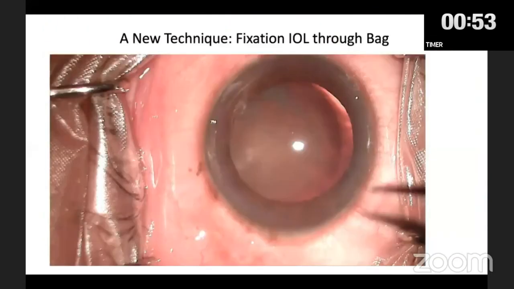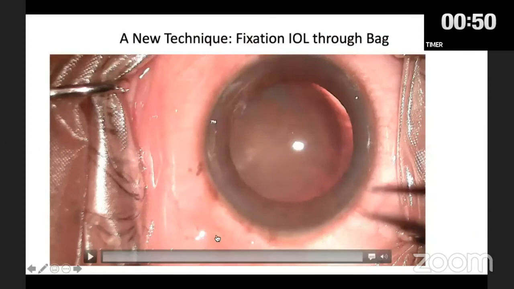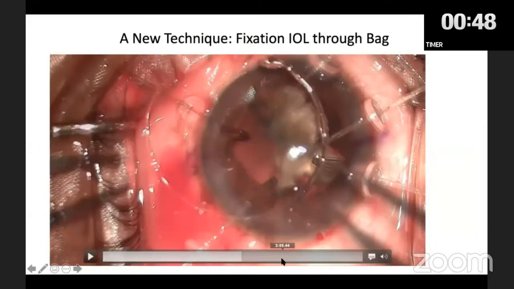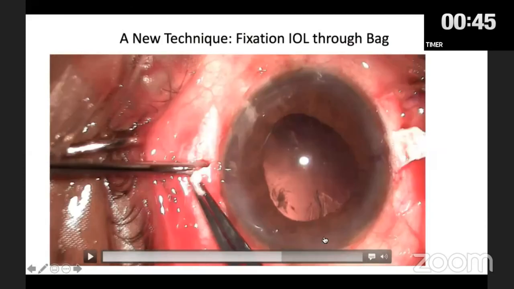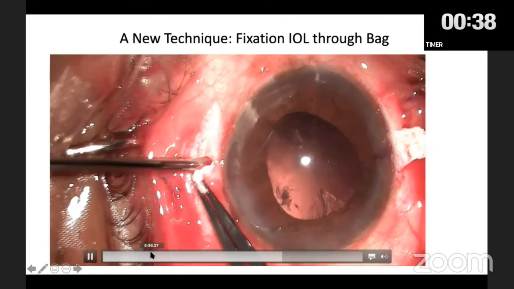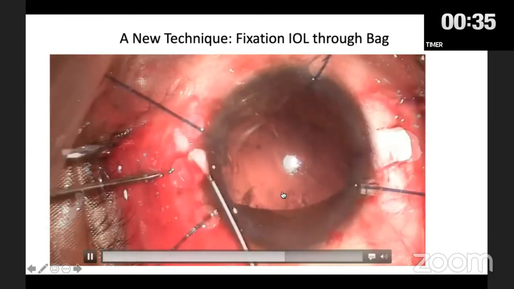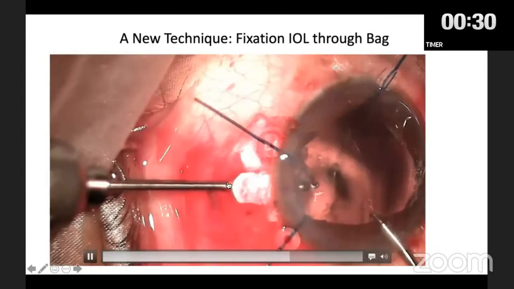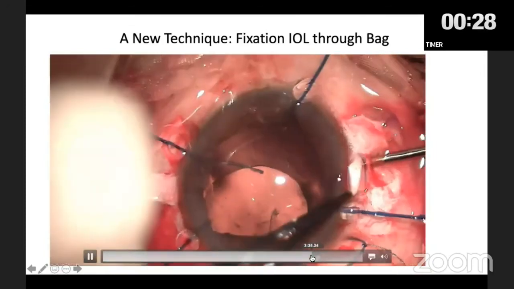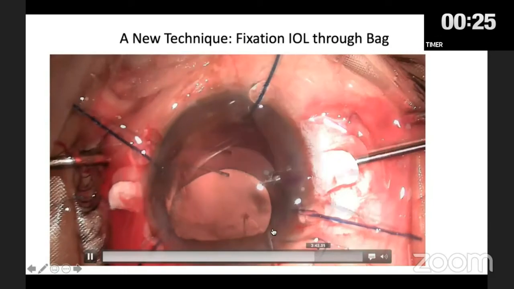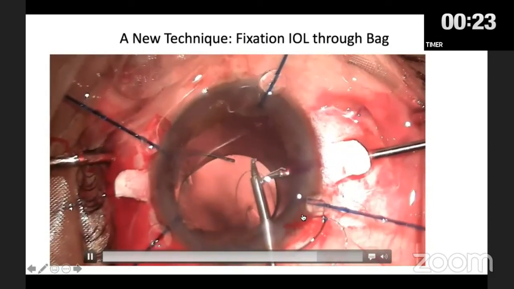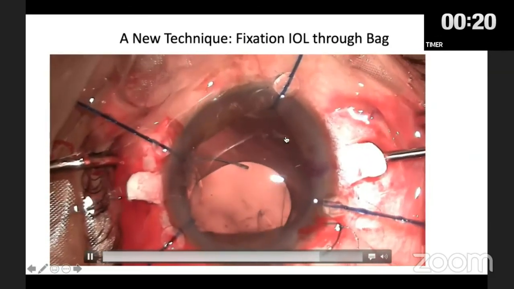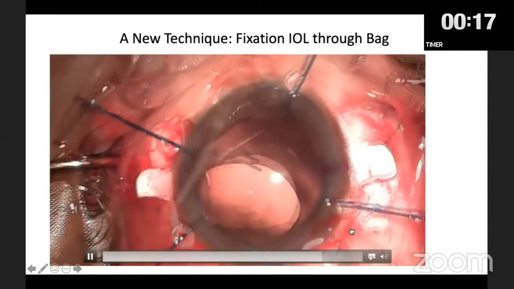This is a technique I love to do. This is a traumatic cataract, and I do the emulsification and keep the bag there. This is a reverse technique. I am not fixing the bag with any kind of segment or Cioni segment. I am just passing the needle, which is actually to hold the lens haptic, and keeping the bag there. Over that I am doing the glued IOL